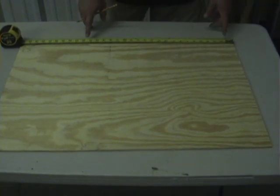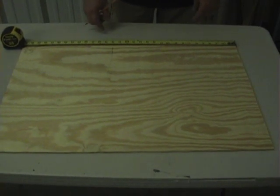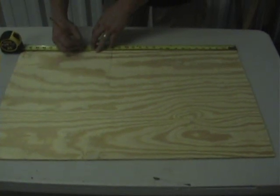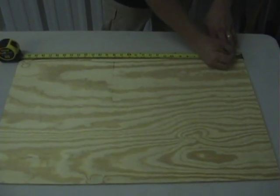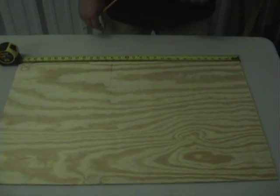To lay out our side piece, we'll add 2 inches to the overall measurement we got from the top of our crown to the bottom of the base. Gives us 23 1/8 inch. We'll back off 1 inch on the top and 1 inch on the bottom for those 2 inches we added. That'll give us an inch at the top and the bottom to allow us to overlap when we go to